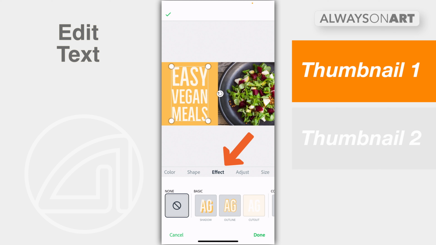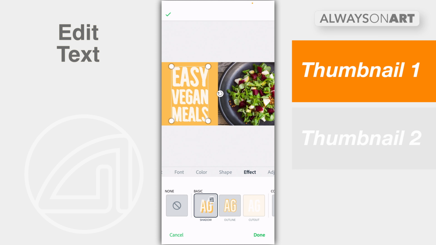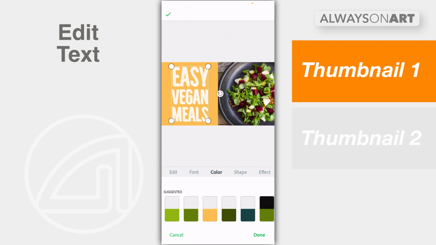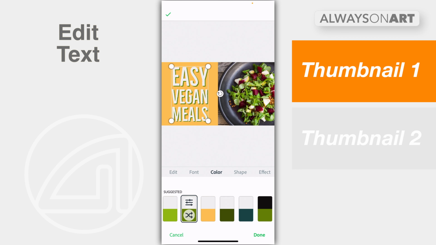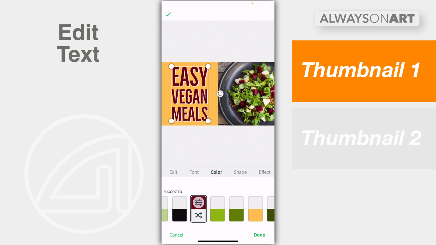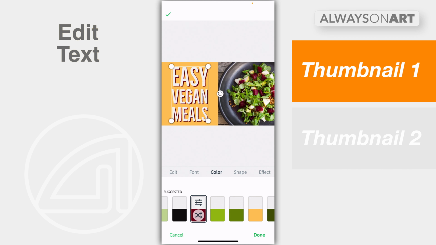and I'm going to tap on the shadow. Now right away, I can see that the shadow color is not what I want, so I'm just going to go over here to Color. Adobe Spark is going to offer me some different swatch selections, and I can choose these. I can actually scroll through these. This one's really close. I like how this is looking. I'm going to do a quick reverse by tapping the reverse icon, and I can see that's kind of interesting, but I think I'm going to go back to the brighter text with a darker shadow.